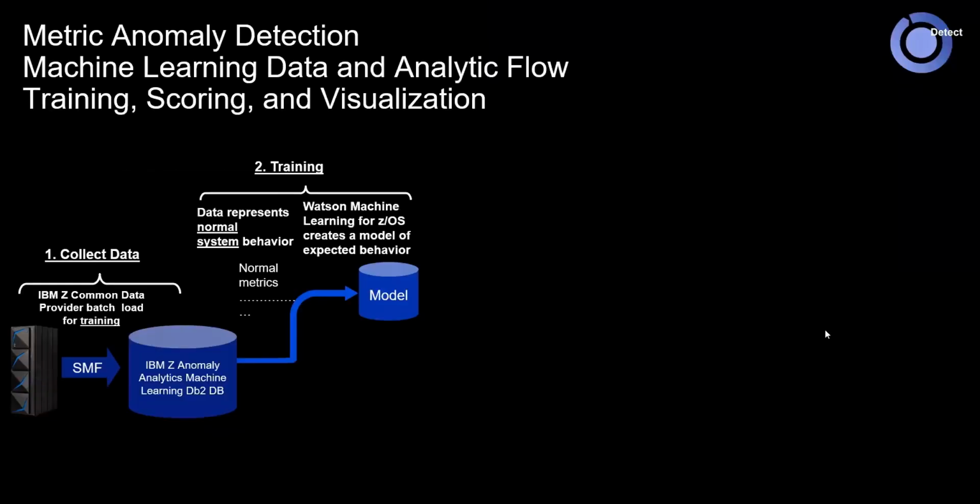So let's take a quick look at the data flow for metric-based anomaly detection. And again, we're going to go through the two phases here. The first phase is the data collection, where we can take SMF in batch and load it into our machine learning database, which happens to be DB2. From there, we'll run a set of CLIs that will let Watson Machine Learning for z/OS train on that data. And the output of that is we want to have a model that's representative of each individual environment